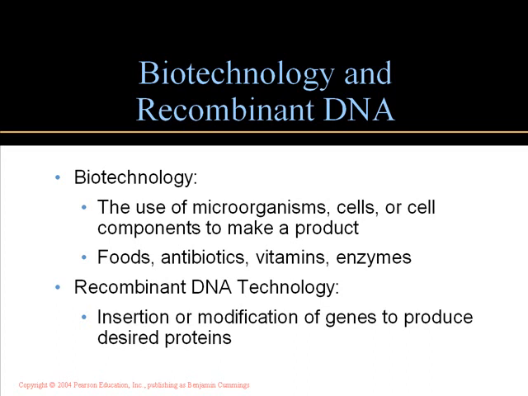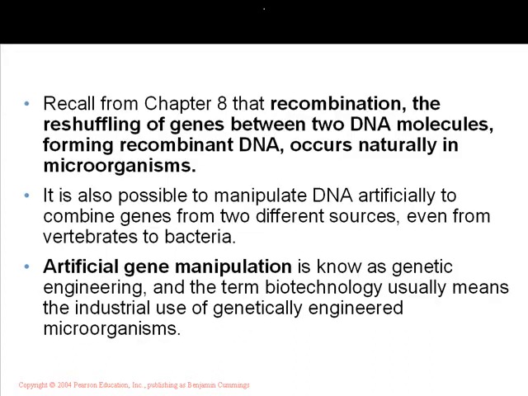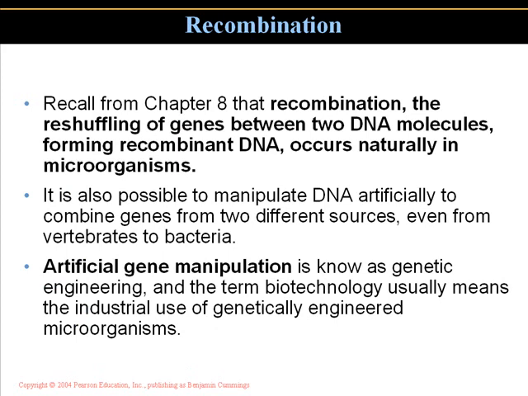Biotechnology basically is the use of microorganisms, cells, or cell components to make a particular product. Foods, antibiotics, vitamins, enzymes, all now produced utilizing combinations of biotechnology and recombinant DNA. Recombinant DNA technology is basically the insertion or the modification of a gene to produce a desired protein. And this can be done in mass quantities now. And we'll talk a little bit about how vaccines are produced utilizing this, certain medications such as insulin